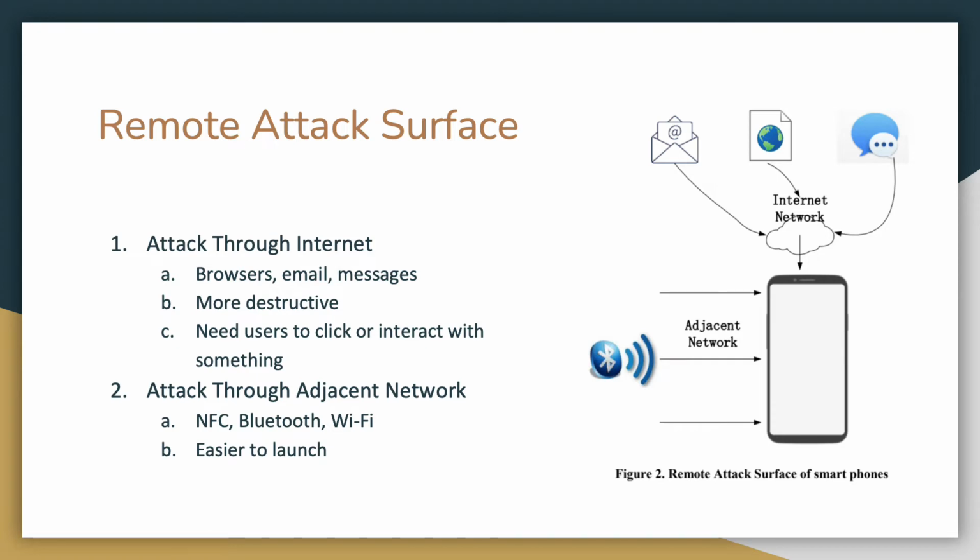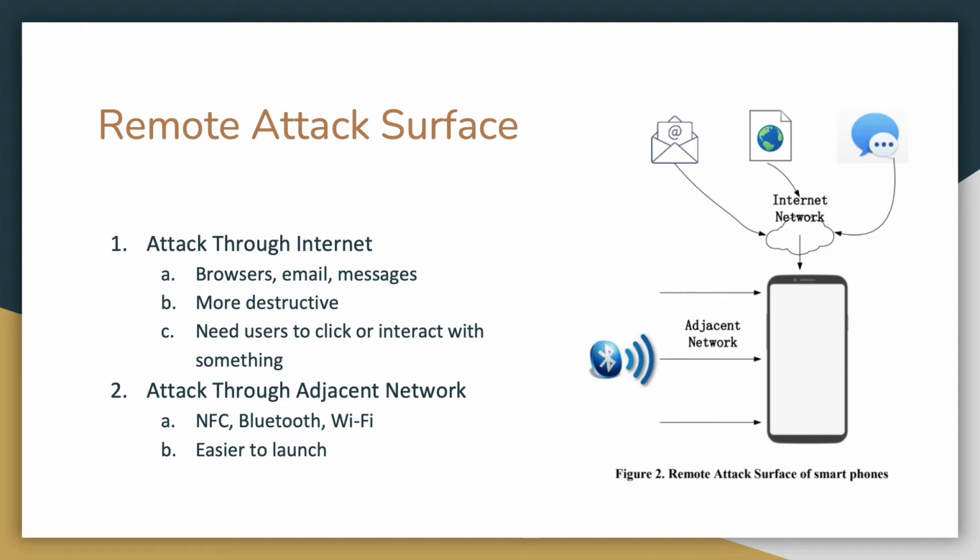First, the author explained the two different ways to remotely attack a smartphone. One of the ways is to attack through the internet, in which it specifically targets something like browsers, email, iMessages, etc. It is more destructive, but it also needs some sort of user interaction, like clicking on a malicious